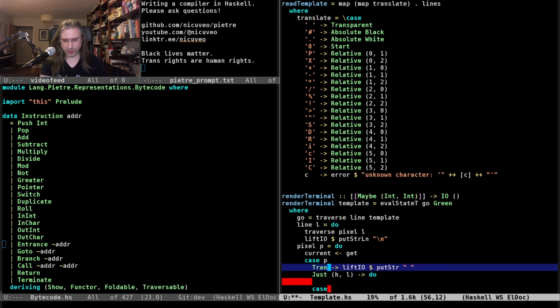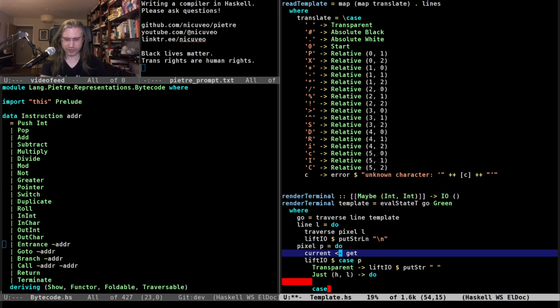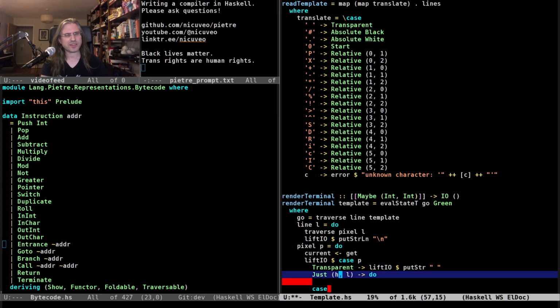So if we get transparent, we do exactly that. I guess here I can just do a liftIO of the whole thing because it doesn't need to be in my state anymore. Or does it? It does, because some of them will increase the current color. Transparent does that. Start just prints the start color again. So I will need to have some kind of way of choosing for a color.